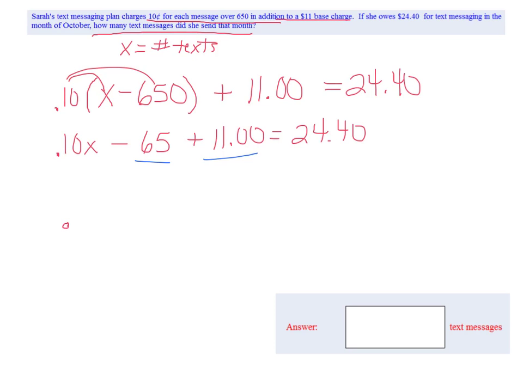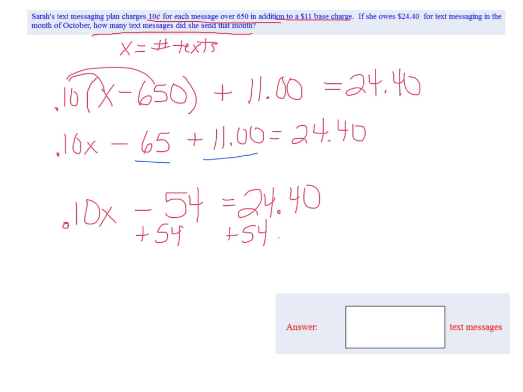So now it's going to be 0.10x. A negative 65 with a positive 11 is going to end up giving you a negative 54 equals 24.40. And remember, we're just trying to isolate the X, so I keep moving stuff away. My next step would be to add the 54. And I can add the decimals if I want. I don't have to. Either way,